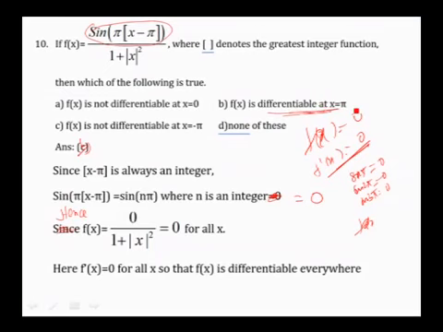Because I said, the numerator above becomes 0, and the denominator, as it tends to 0, 1 plus |x|² is never 0; something divided by that is 0. So it is 0 for all x. Therefore f'(x) is equal to 0 for all x, and so it is differentiable everywhere. So children,